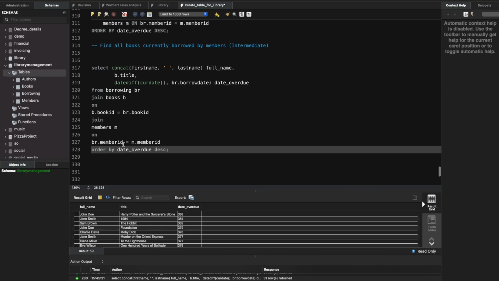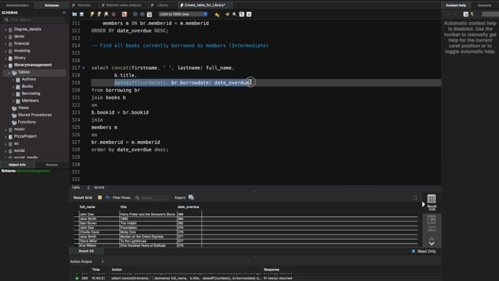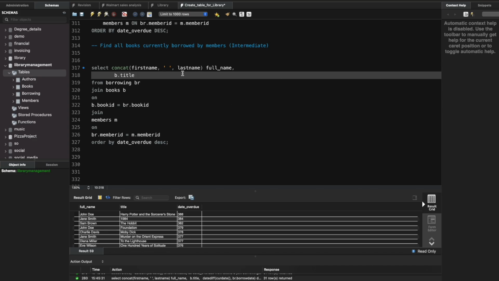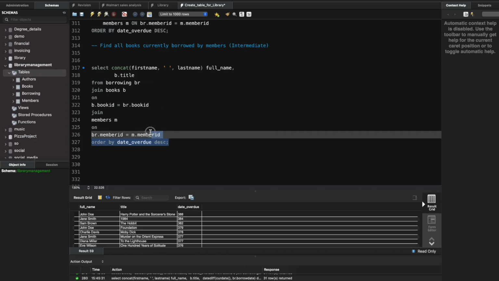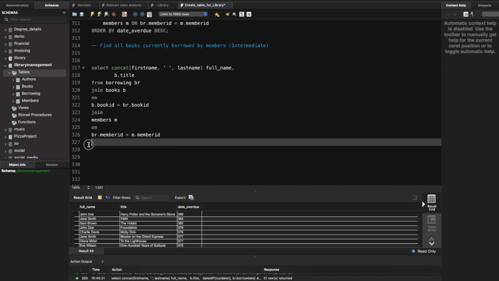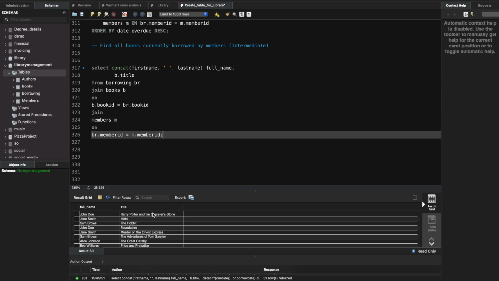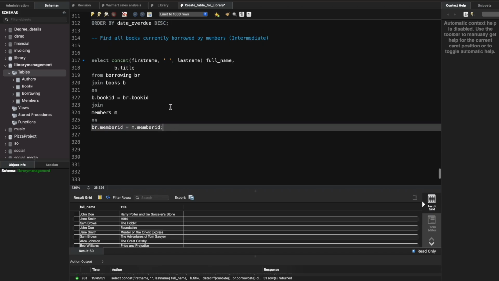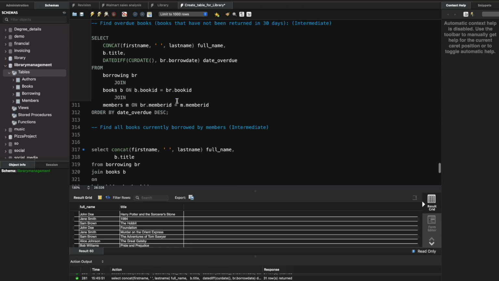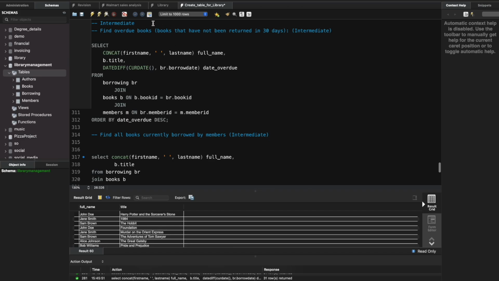Yeah, so I don't want date overdue. So date overdue I don't want. So let's see if it is running. Yeah. So now actually the answer for this will also remain the same as this one, because see, in this